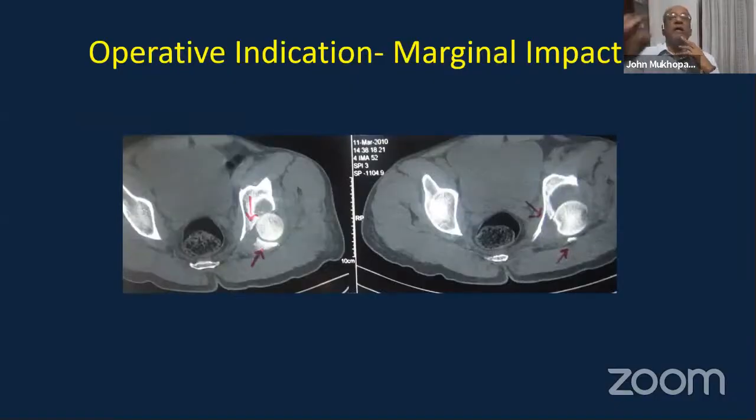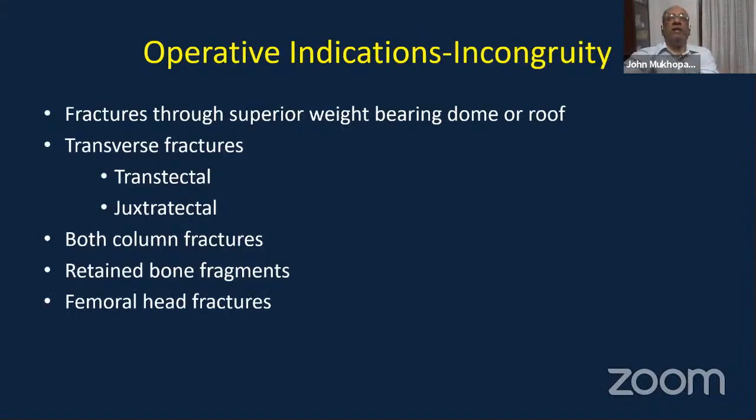So here's what we mean by marginal impaction, where a part of the articular cartilage of the acetabulum is actually pushed in. So even though the wall fragment may look reduced, if that impaction is significant, it will lead to incongruence in the joint and eventually lead to secondary osteoarthritis. Okay, so